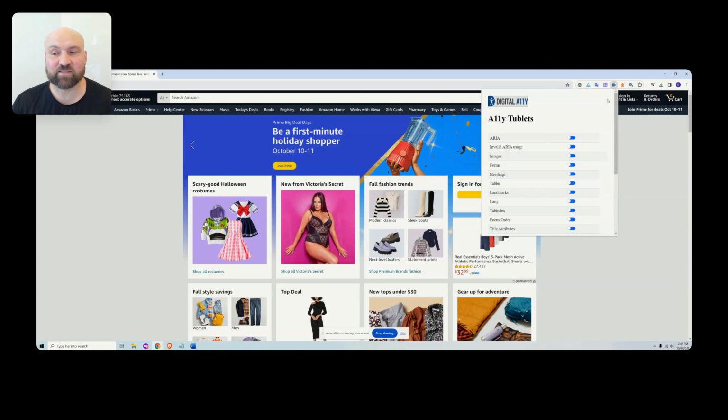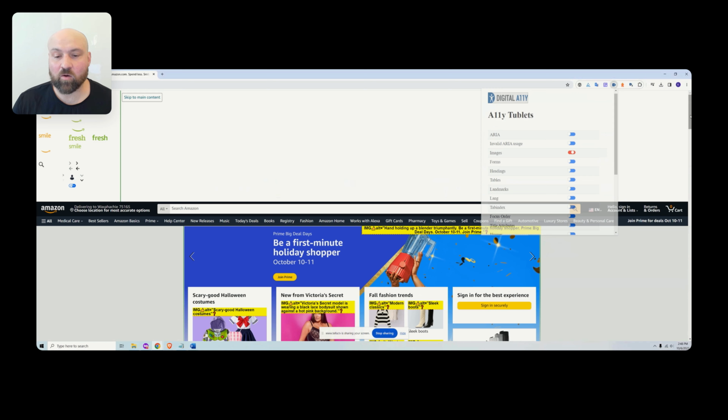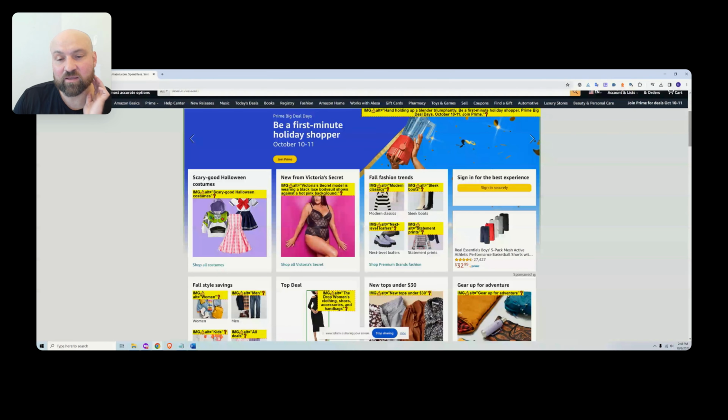The only thing missing is on-off text on the toggle, but just know that the toggles start off blue, and then when they're activated, they're on the right and they are red. What will happen when I activate these toggles is that these different elements will be highlighted on the page. I'm going to toggle on images, and now what happens is we have all of